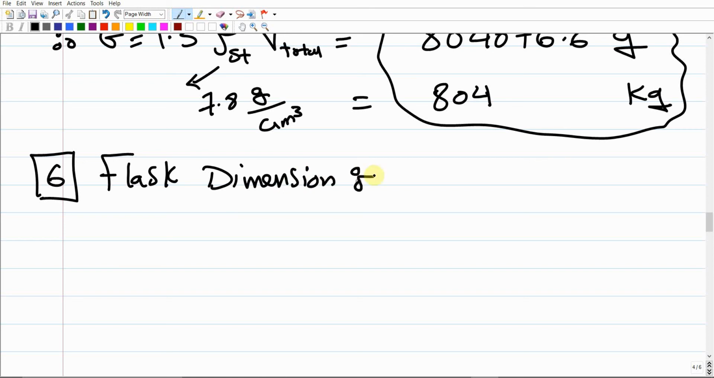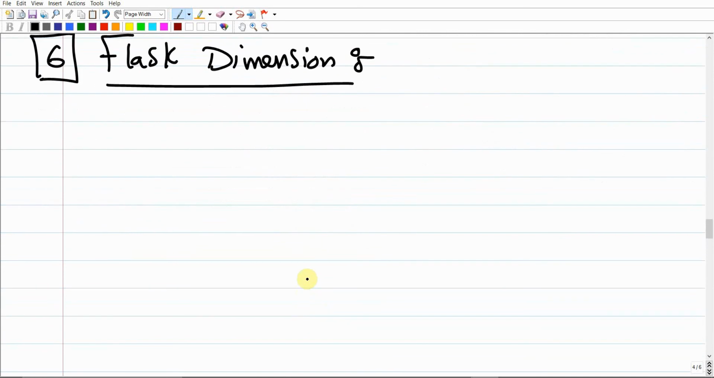Just to recommend a flask that we have to use for making this casting. And for this process, basically, as we agreed, we have to draw the 2 projections of the flask itself, or the mold, or a tentative design of the mold, and we have to put some dimensions like A, B, and